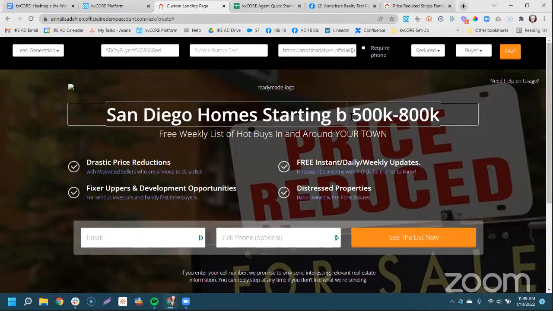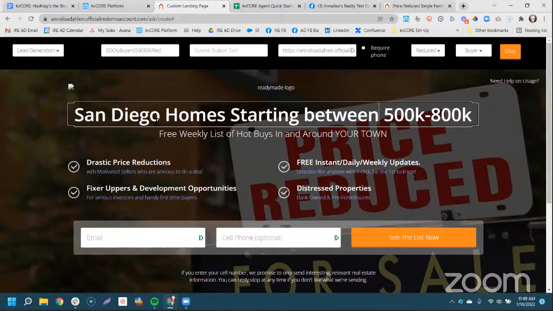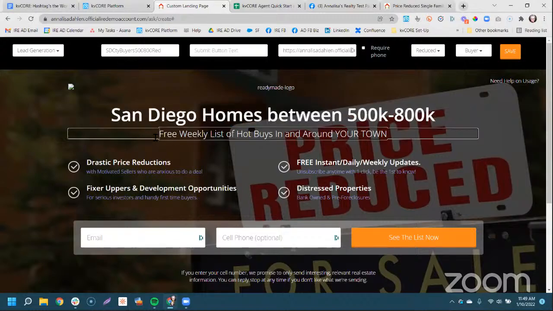That would probably be better verbiage. So San Diego homes between 500 and 800,000. And then you could say, free list of hot buys in and around your town, or maybe this is see all homes that have a minimum 3-bedroom, 2.5 bath that are reduced in price.